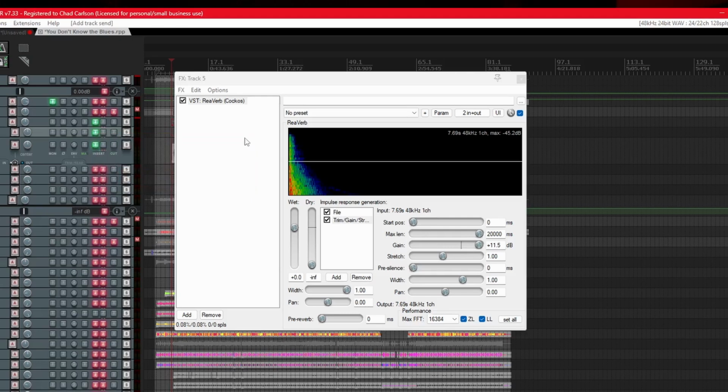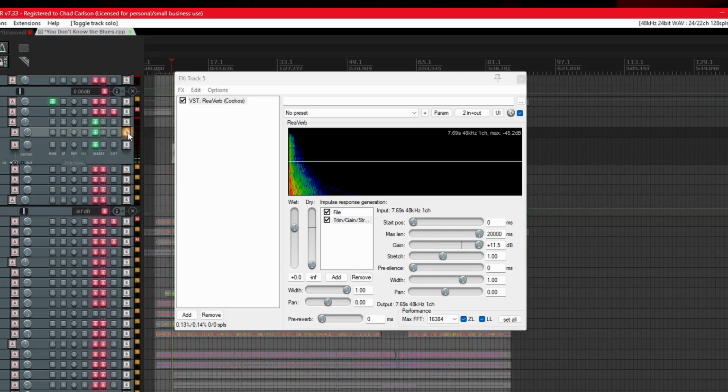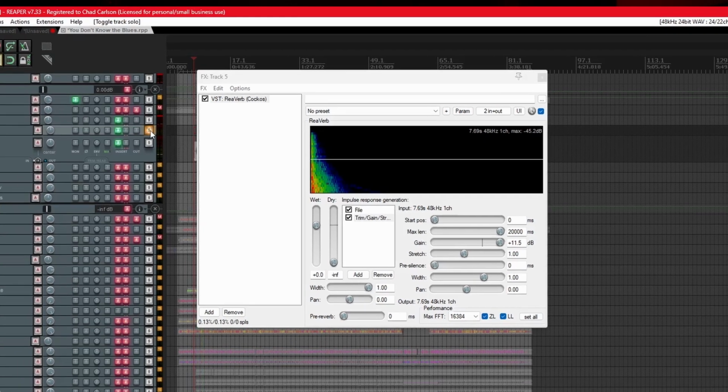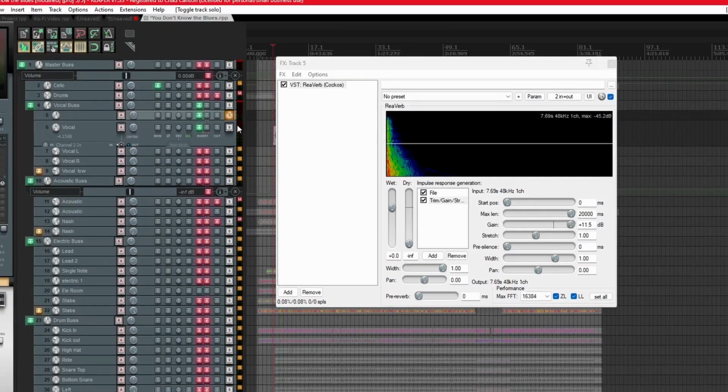So now if we solo just our reverb track, you can hear that it is just the reverb. So if I put them together,